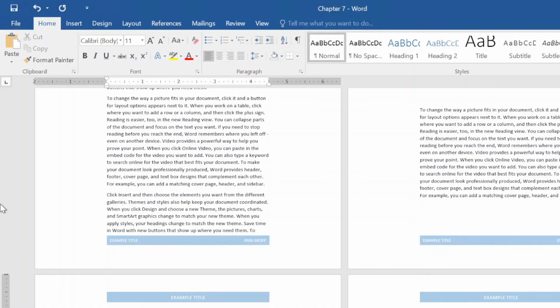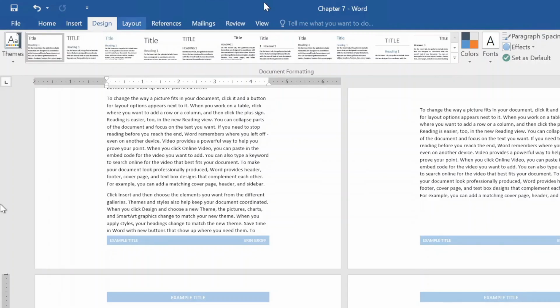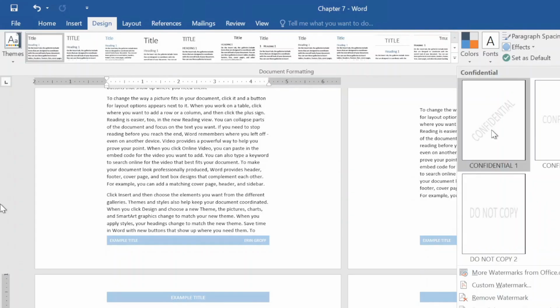A watermark is transparent text or a graphic that appears in the background of a document. It is generally used to designate the purpose or content of a document or to prove authenticity in an unmistakable way. We have a gallery of watermarks available on our Design tab in our Page Background group by selecting the Watermark dropdown. You can see we have